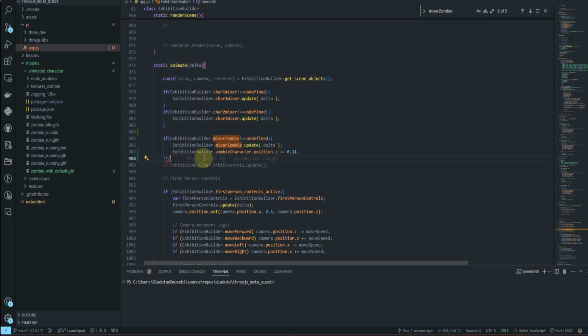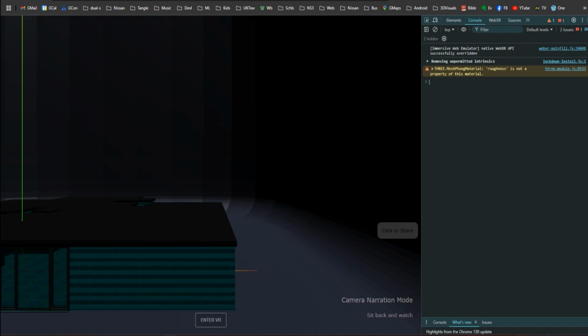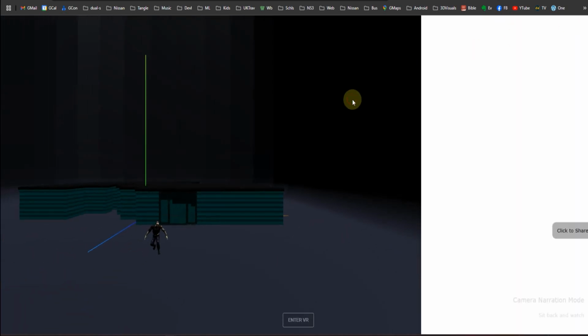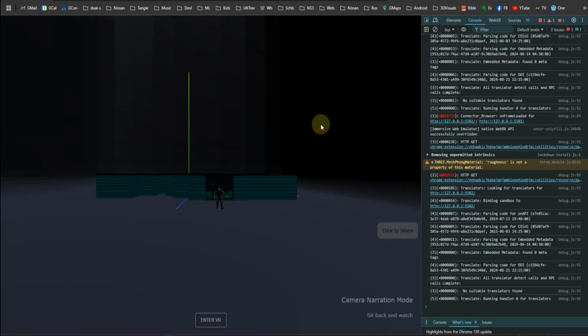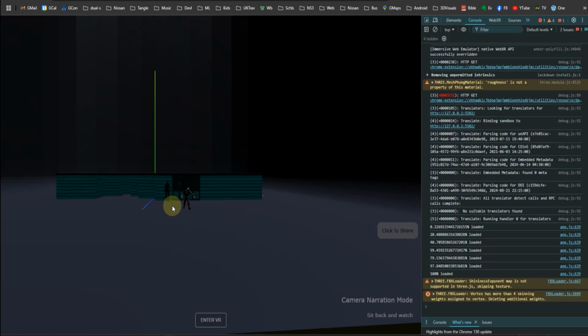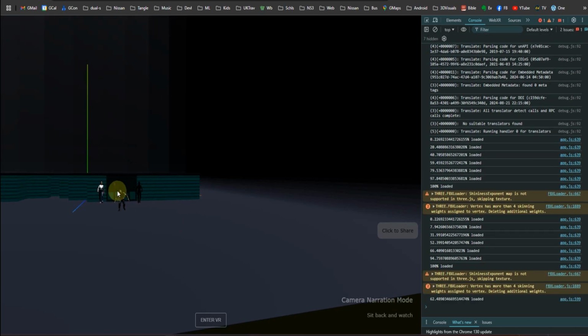So you check whether it's defined. If it's defined, then you call update and send in the delta, which is just the clock that runs by frame, and the zombie character.position.z plus equals 0.11, which is a value I've already discovered works. I'll just comment that out and then we can go back to the page and see what it looks like. Should be a zombie just running in place. So what I've done basically is just to add some little number to that, a fraction of a distance, and then if you go back to code and I uncomment that,